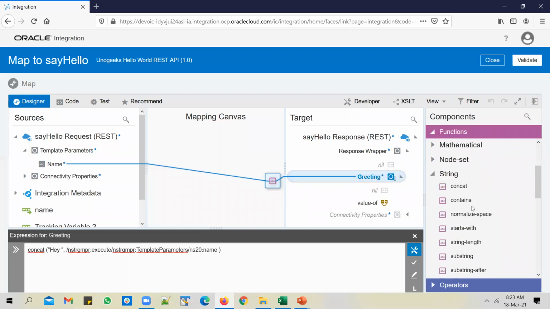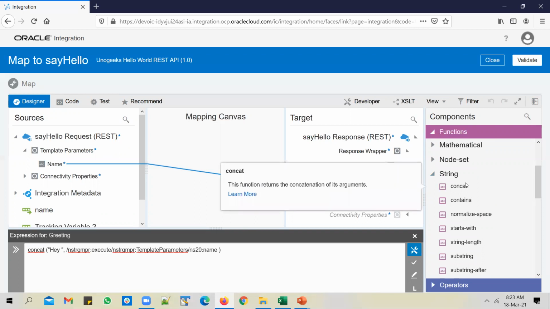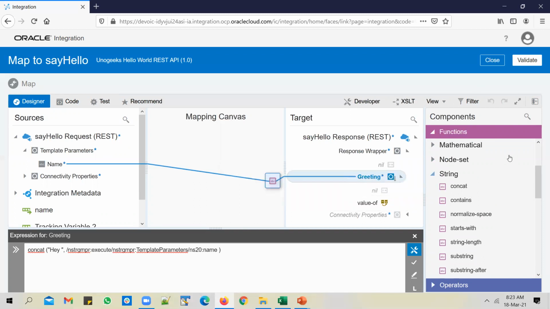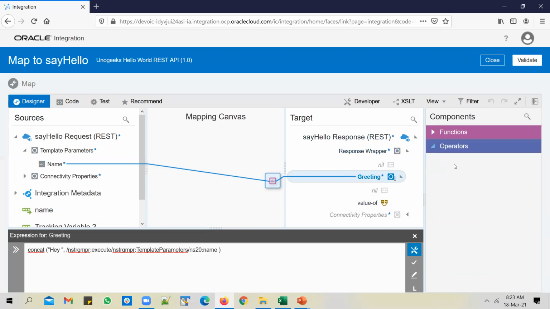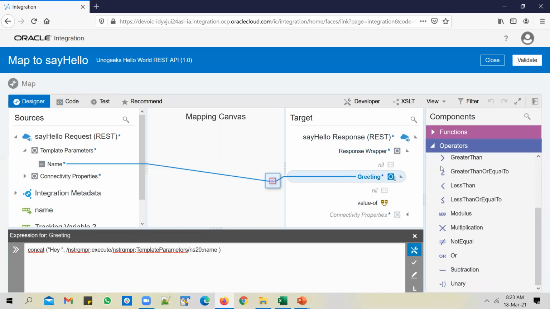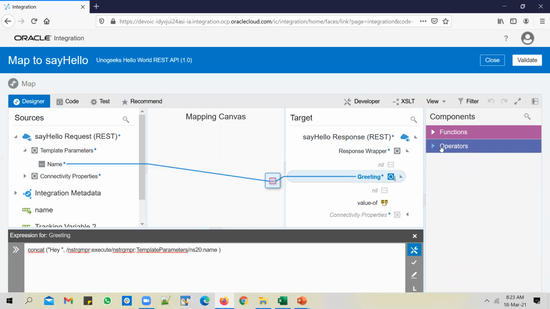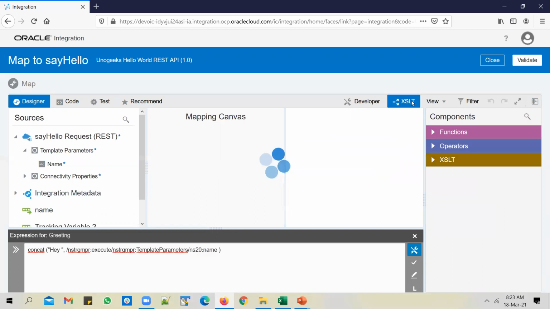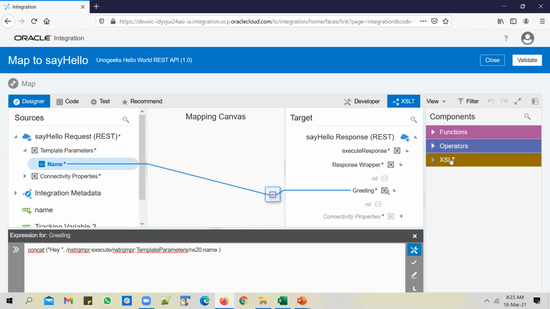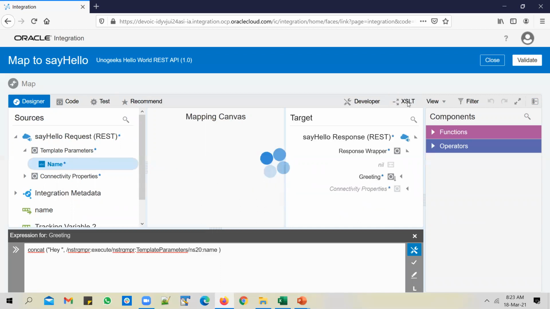If you expand string, you will be able to find that function in here. There are quite a few seeded functions available within OIC, and you can use them directly on the target elements. And apart from this, you also have operators. You can choose and use them. And if you need some XSLT functions, XSL transformation functions, you can click on XSLT, and only when you click on it, the XSLT option will appear. If you click on it again, it disappears.